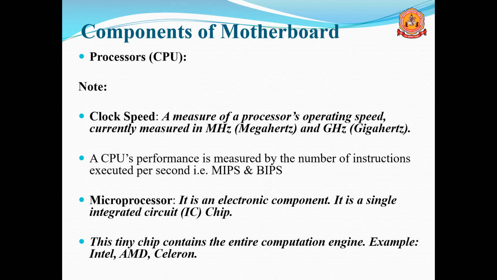If you take the microprocessor, different companies are available, and all the operations are done inside it. Inside it the ALU, the CU and also the registers are all there. All the operations are done inside. For example, you can take Intel processors and AMD processors; different types of processors are available.